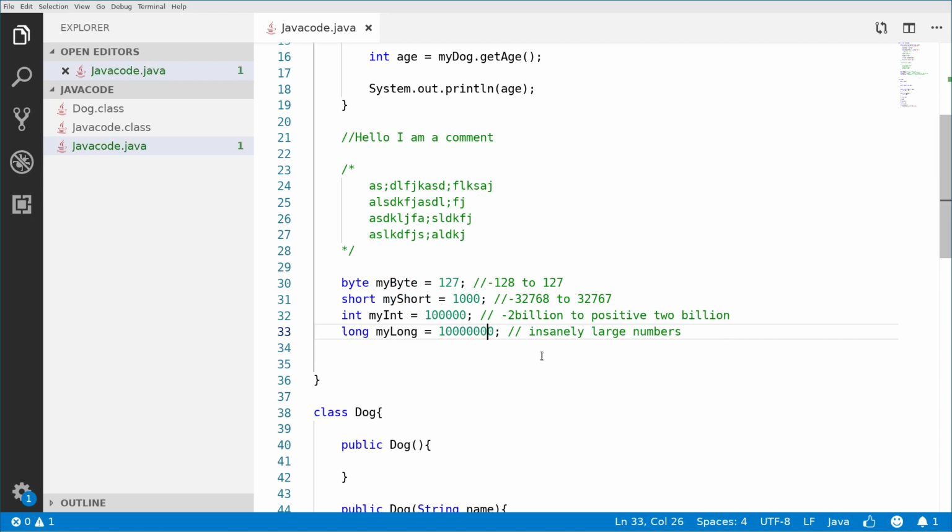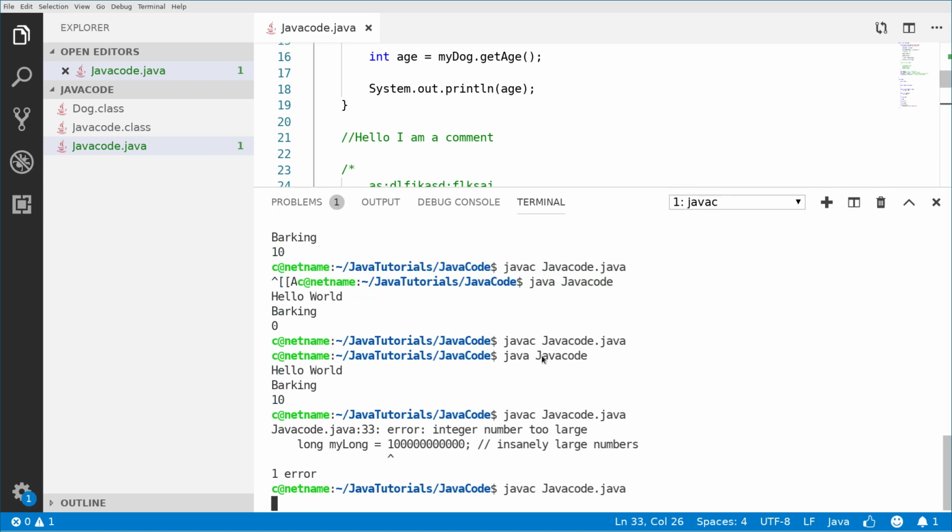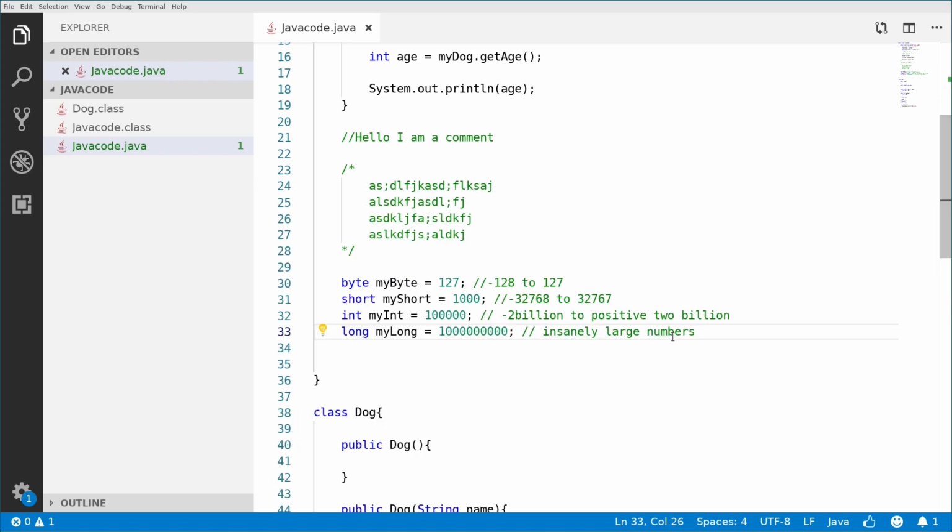We will put it at 10 million or maybe 100 million or even a billion, right? So now if we compile it again, it won't say anything. It says integer number is too large, but I don't really know why, it shouldn't be the case. But anyway, with a long, we can store insanely large numbers, right?